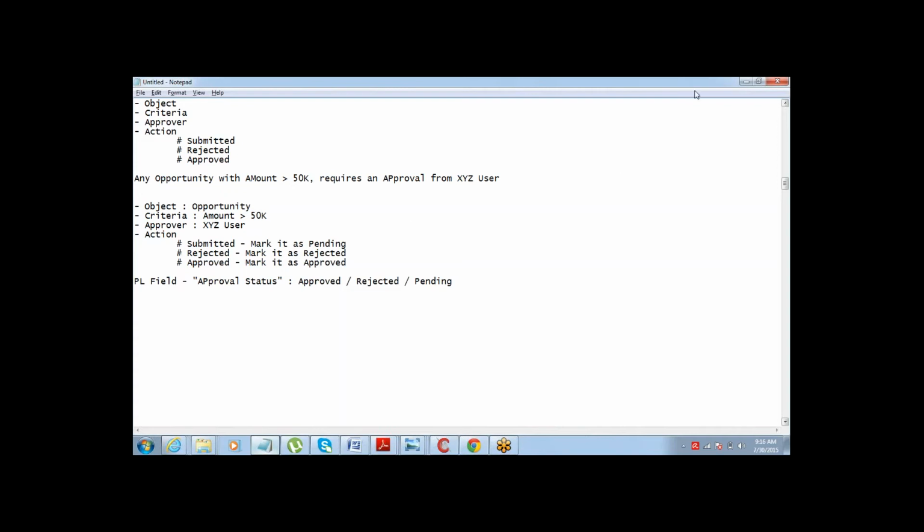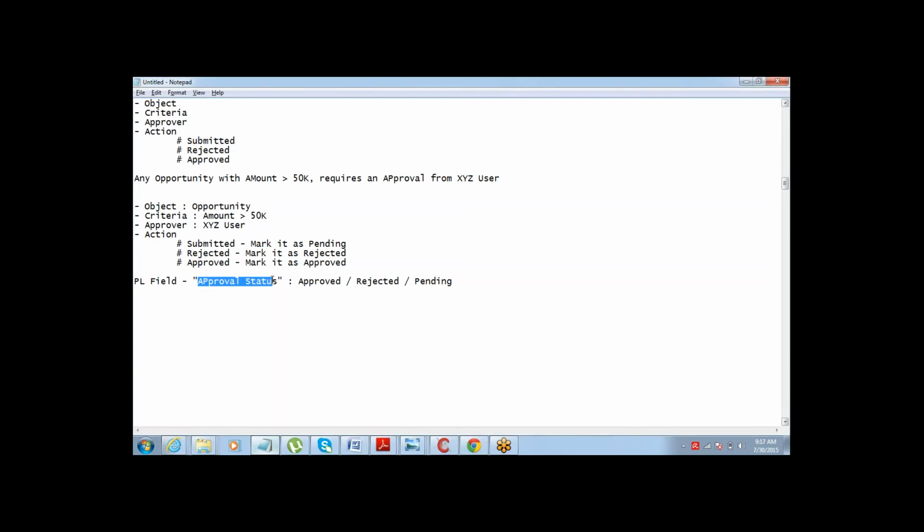So let's start with creating a pick list field here, because you need some mechanism. Why am I creating this approval status field? Because you need some mechanism to differentiate between the approved records and the rejected records, right? There should be some field that indicates whether this record was approved or not. Otherwise, how will you understand? You can just send an email also, but sending an email is not enough. If you just send an email that this record was updated and the record actually is not marked as an approved or a rejected record, you might make a mistake sometime later.